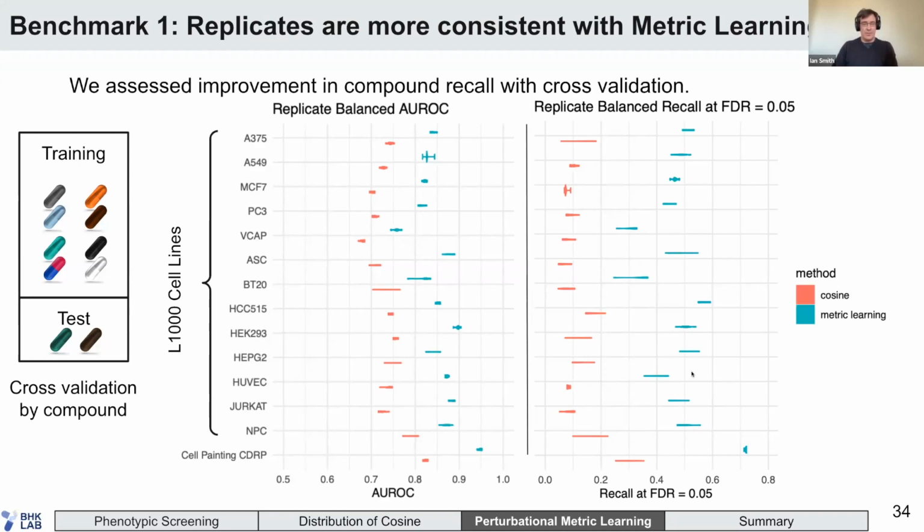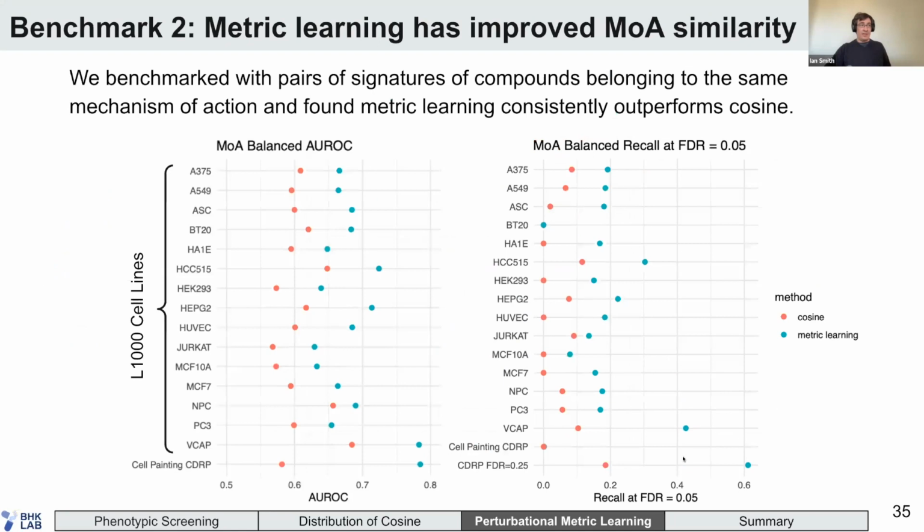If you then look at the power to detect these signatures and discriminate them from the background, the recall for cosine is somewhere around 0.15, whereas for metric learning it's close to 0.4, 0.5. So again, quite a dramatic improvement in the ability to identify these related signals. So replicates are kind of the space we're training on. If we look at the MOA,